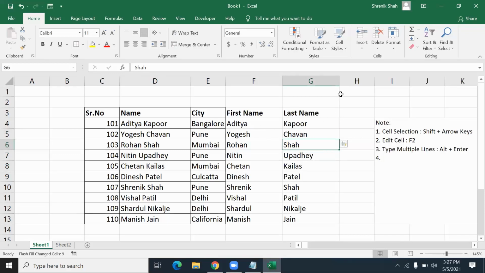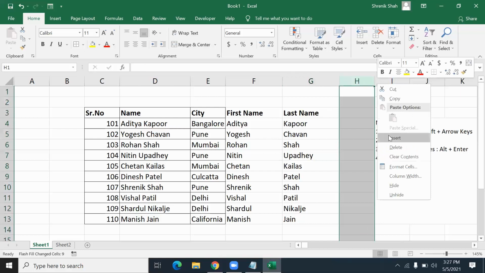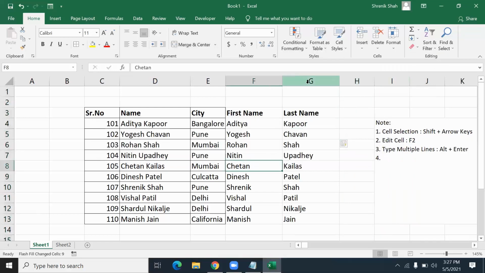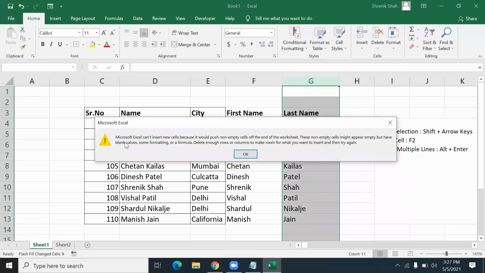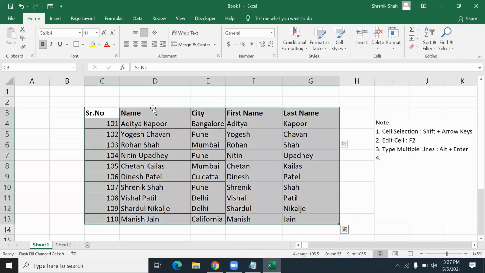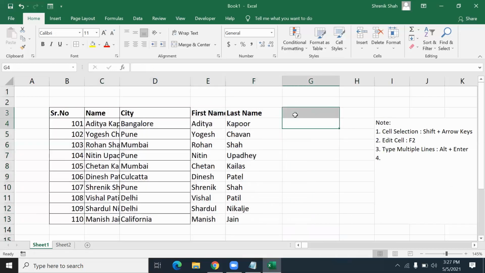One more I'll show you here in the next cell. Okay, I right click and I click insert to insert a new column. Because of merging, it's showing me some problems, but let me do this here. What is it saying? Non-empty cells. Okay, somewhere I'm making a mistake. Let me select this and clicking this here, I'll drag. And now here I type initials. So to type initials, I type like this.